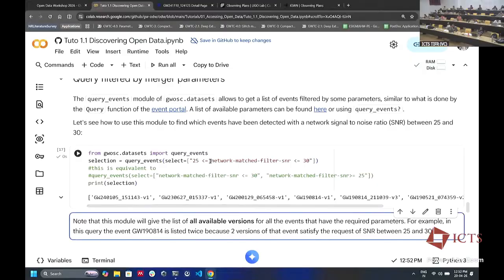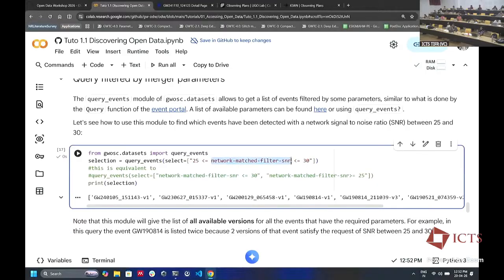You could also look for, let's say, mass 1. I'm not sure if this will work. So this is going to look for all the events whose, so it's a binary, right? So there are two masses. So the first mass, the primary mass, the heavier one, is between 25 to 30.